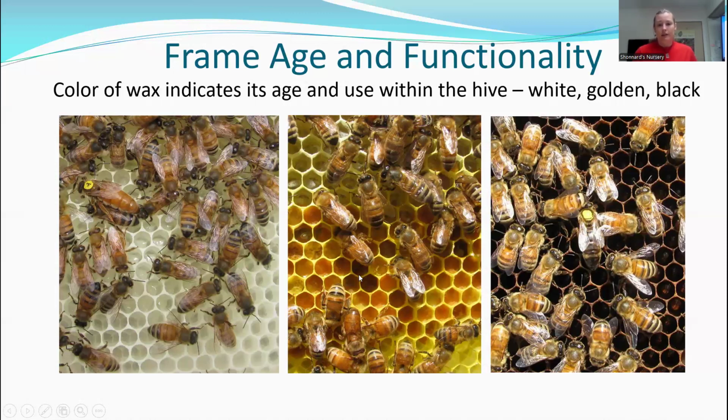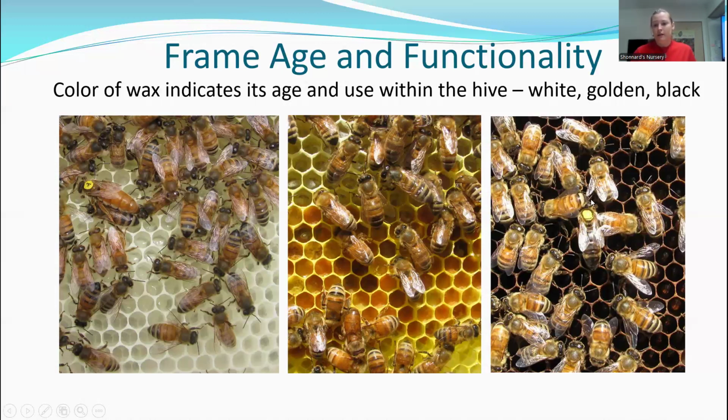The middle photo here, the wax is still fairly new, but you'll see that it's become discolored. Foragers are actively coming onto this comb. This is a resource comb right here. So you see a lot of pollen and bee bread here in the center. You see some nectar here in the top. You can tell because it's just kind of wet and glistening. This will be naturally more yellow because the workers are dragging all of this resource through, and they're going to be dropping pollen. They're going to be walking over the comb. They're going to be making it kind of dirty, but it's not going to be nearly the color as the